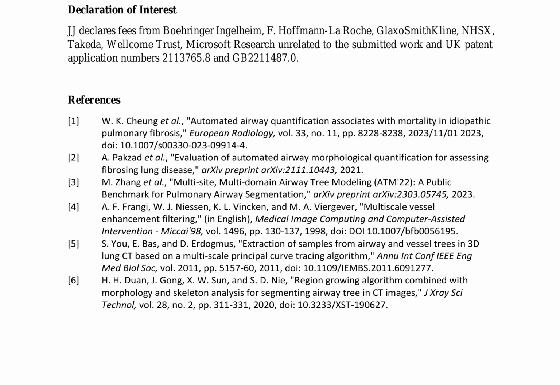The authors have made the manuscript available under a CC-BY public copyright license, and the authors declare fees from various organisations unrelated to the submitted work in UK patent application numbers 2,113,765.8 and